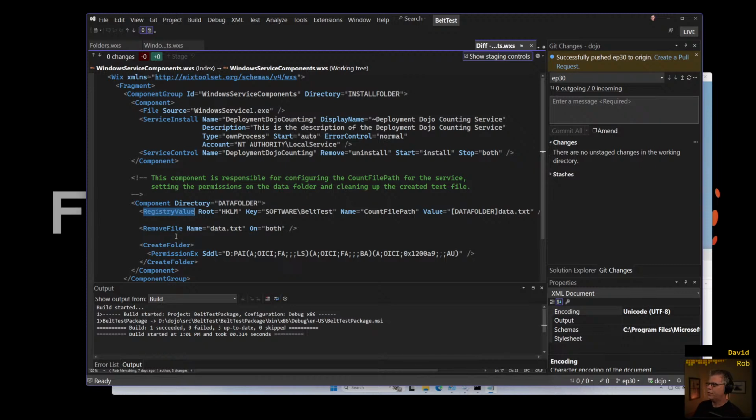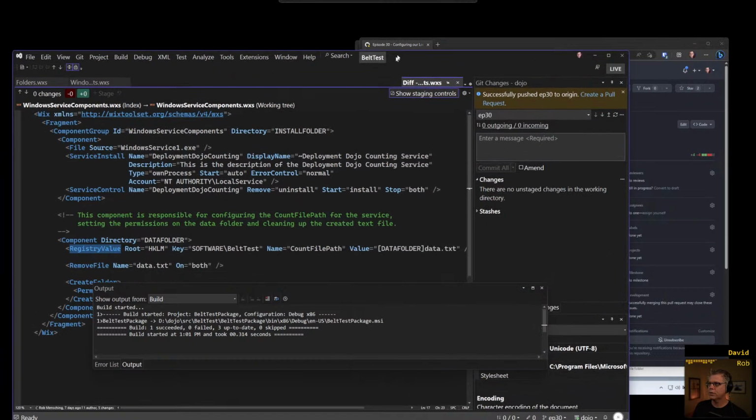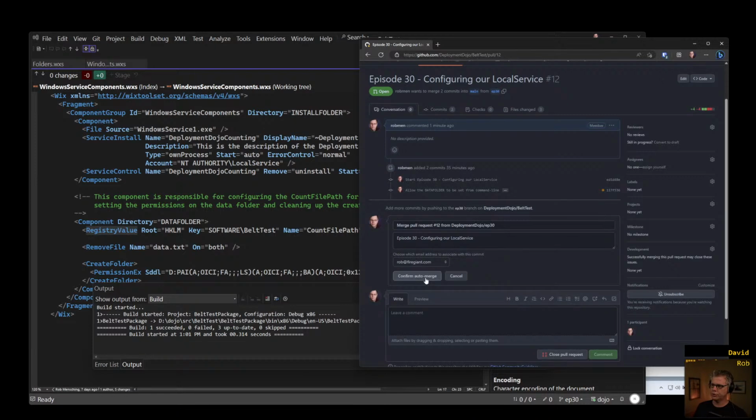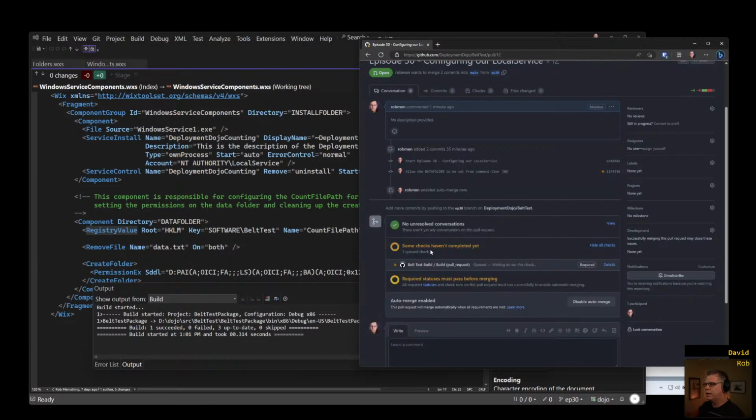And there are things, while we're letting this build go back here, I've lost track of it. There it is, I think. No, that's not it. I lost my build. There it is. I want to be able to see that while it's going along here. Enable auto merge. I just love auto merge. Okay, so while this build finishes,